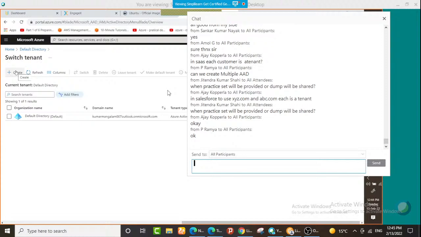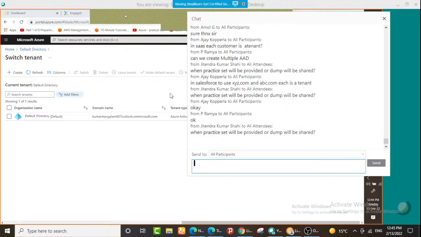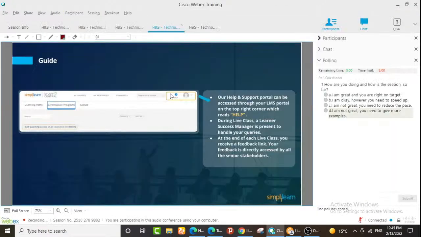in the minds of employees. But if an organization has two different companies and they want to give separate access and separate users in those two environments, then definitely they will go for different tenants. That is the concept of multiple tenants inside one Azure Active Directory. So all right guys, if there is no other question, let's put an end to today's